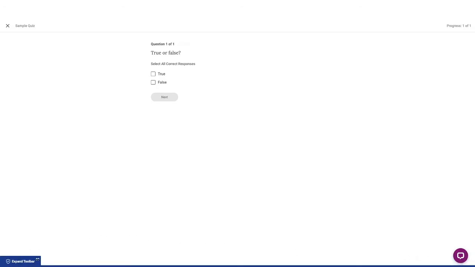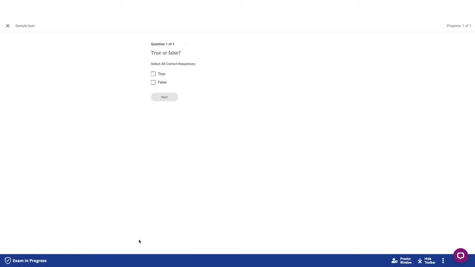This feature may be helpful if there is exam content behind the toolbar and would otherwise be inaccessible. While the toolbar is collapsed, you may drag the toolbar along the bottom of the exam window. Selecting Expand Toolbar will bring back the entire toolbar. Selecting the 3 vertical dots on the right of the toolbar will provide links to the HonorLock knowledge base and our 24/7 HonorLock chat support.